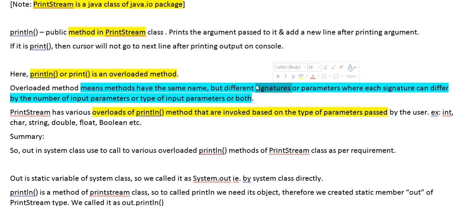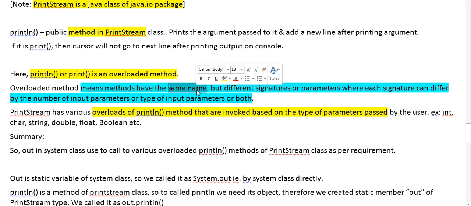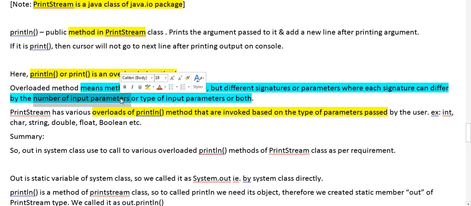What I mean to say is, we can pass any kind of argument into println, some array element, or some string name, or some integer, and it will print the values. So we can pass anything, it will print the value, but the method name is println. That is why we call it an overloaded method. Whatever we pass, it is printing, but the method name is the same. So these kinds of methods are called overloaded methods. That is, the method name is the same, but the type of input parameters or number of input parameters can be different. So it differentiates based on that.